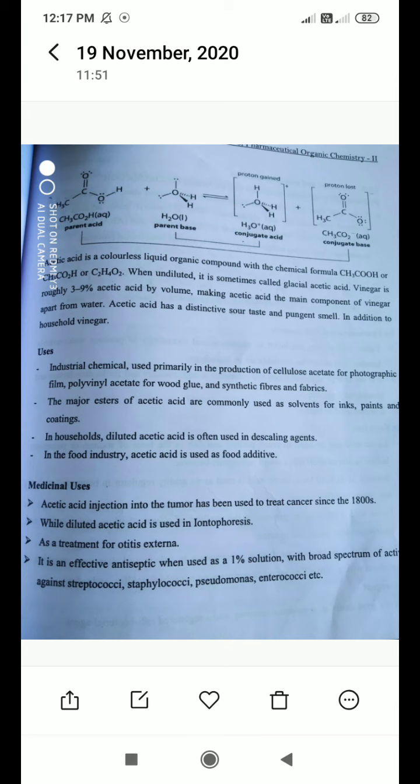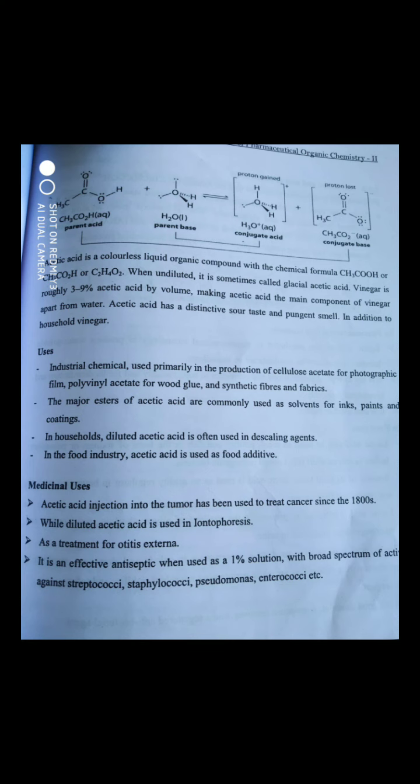You must have seen in your laboratory how it looks physically, visually. This acetic acid is a colorless organic compound. Why is it an organic compound? Because it contains carbon, hydrogen, oxygen atoms, so it becomes an organic compound. Organic compounds are those which mainly comprise carbon atoms in their structures.